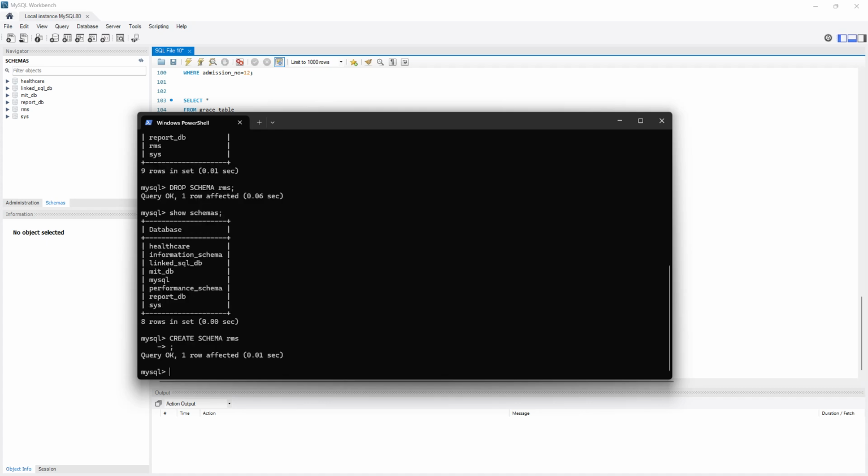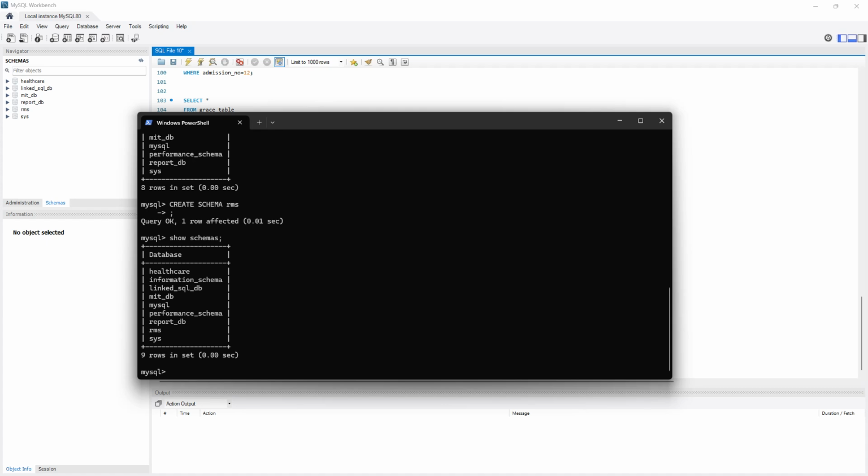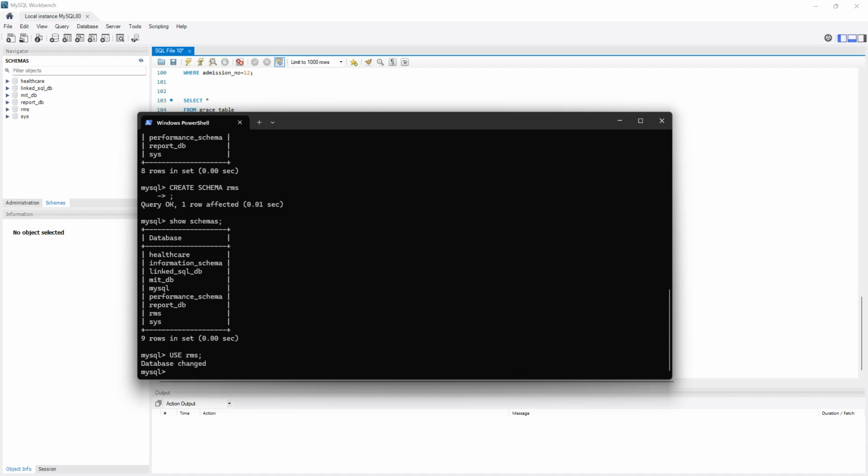When it's done, if I say show schemas, I can see RMS there. Now I want to start creating tables, so I'll just say use RMS, end it with a semicolon, enter. You can see the database has changed to RMS, and so I can then say create